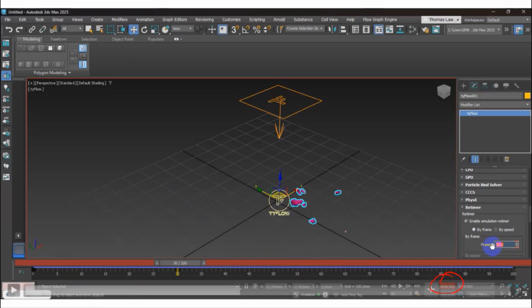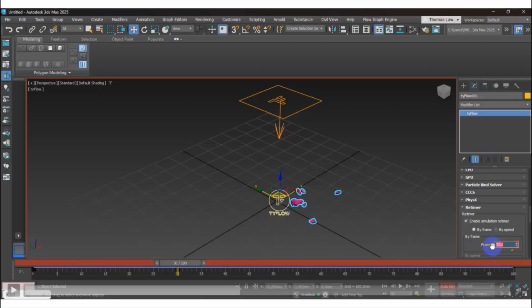When you see my screen right now, the frame number becomes red, which means this is recorded, or a keyframe is put. Sorry. This is the red one, which indicates the current frame. Let's say the current frame is 30. Once I put the number and press enter, it indicates that a keyframe is put.